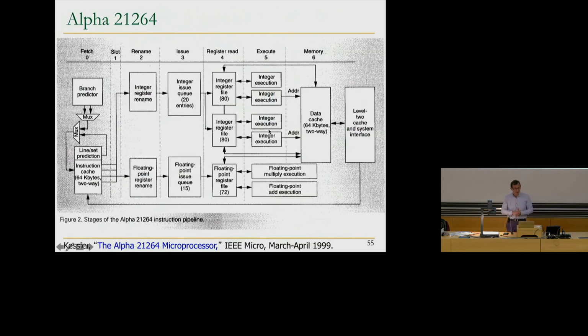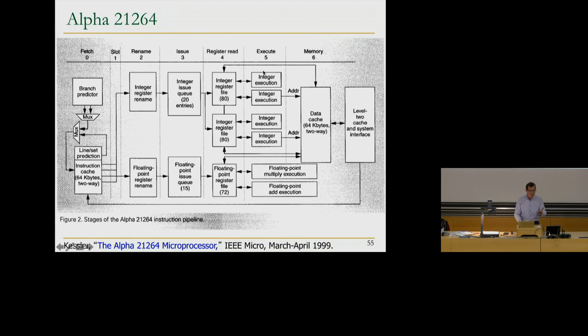Another machine, Alpha 21264. This is one of the fastest machines of its time. Actually, this is the fastest machine of the late 1990s. And you can see a very similar structure. We'll cover branch predictors later on, but into register renaming. And here you can see the cycle by cycle what happens. This is how they divided the stages. So they had a renaming stage over here, and then they had, they called it the issue queue, but this is the reservation stations for them. And when an instruction becomes available, it accesses the integer register file,